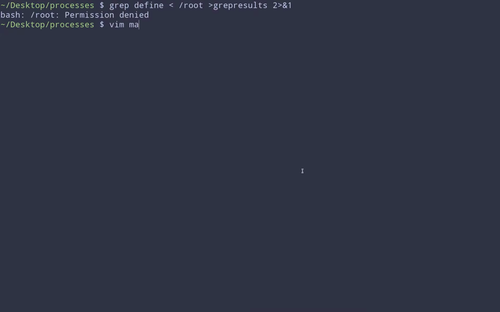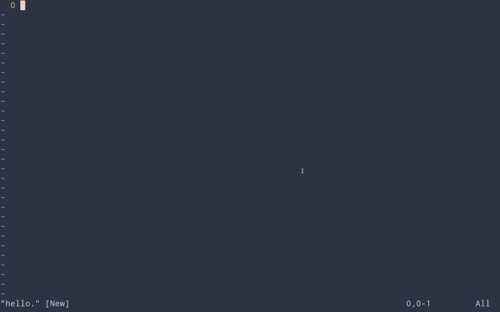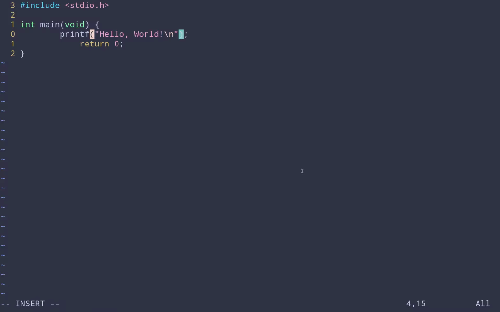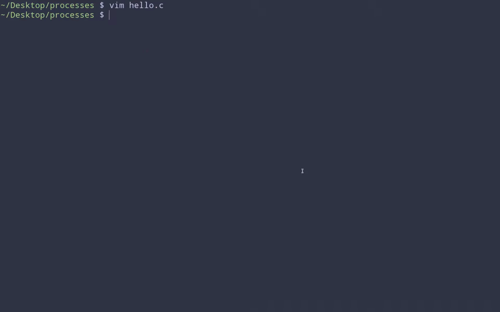What we could do, I'm going to do this as an example. Let's modify our C program, hello.c. And I'm going to use fprintf instead. Print this message to standard out. Print this one to standard error. And we'll just say error message. All right. Now if I run this program,